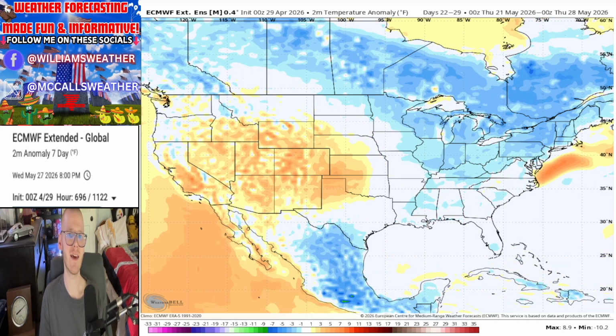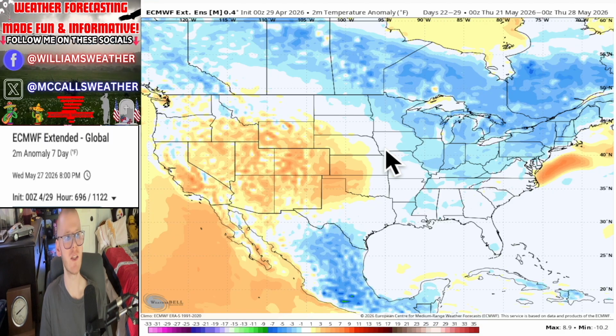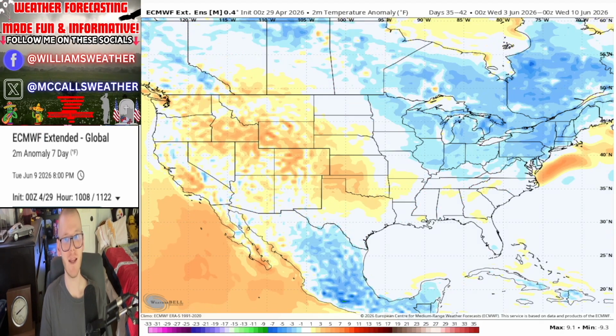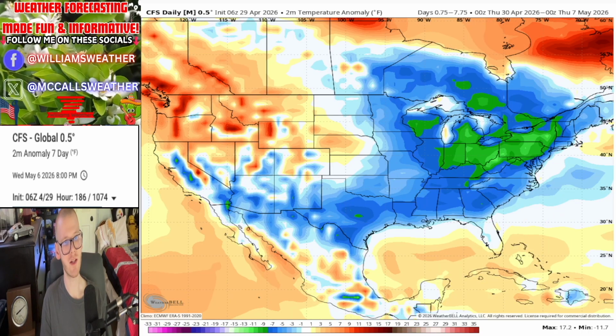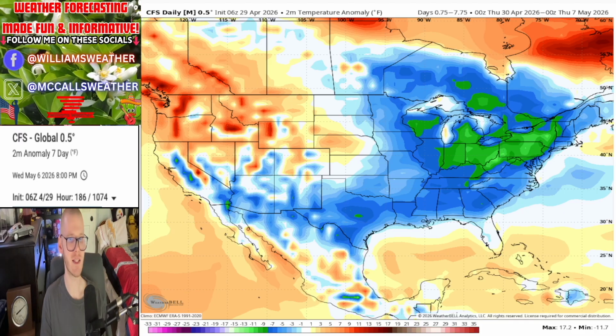So I would say that the eastern part of the country is going to be cooler than average, while the western part of the country is going to be warmer than average. But I would expect, as we head into June, that the eastern part of the country is going to be heading into a warm note. So it's looking like the GEFS and Euro Weeklies are in agreement as far as temperatures go anyway. What does the CFSv2 have to show us?